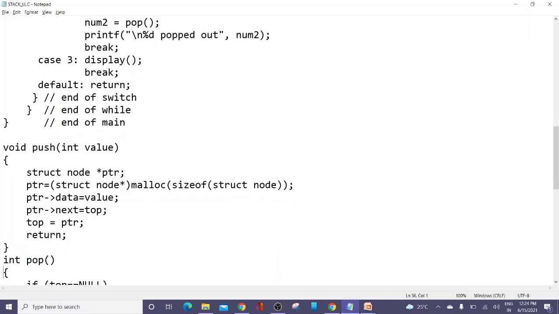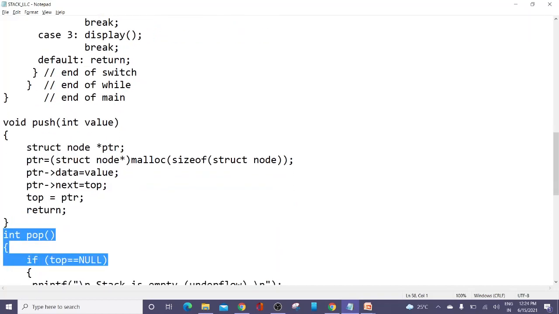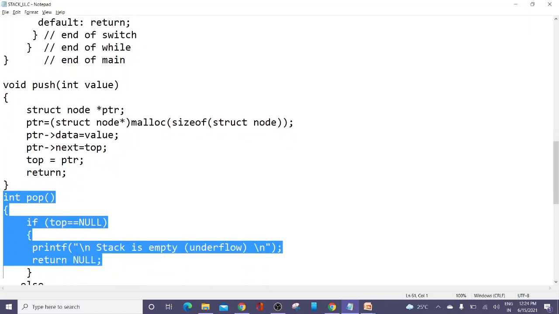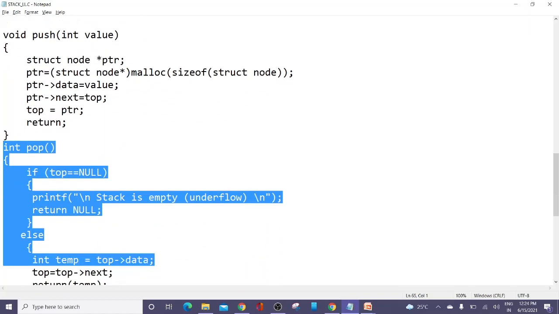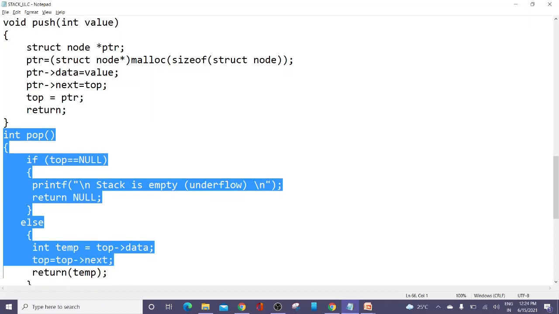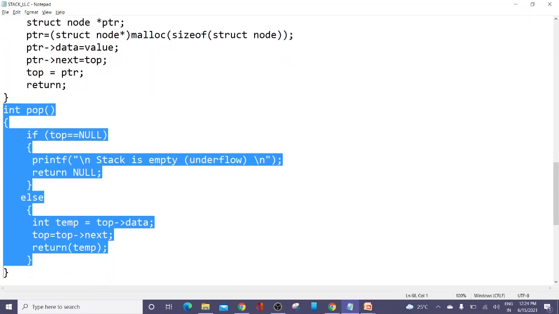And the pop function is very simple. You check whether top is equal to null. If top is equal to null, you display a message, stack is empty, underflow condition. If it is not null, then you store the topmost element in temp, move the top to the next cell and return temp.